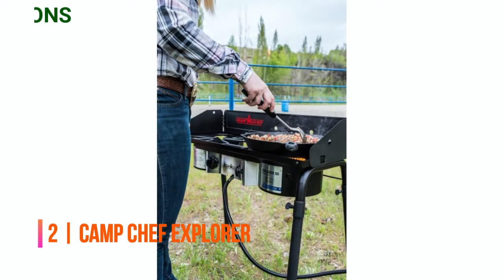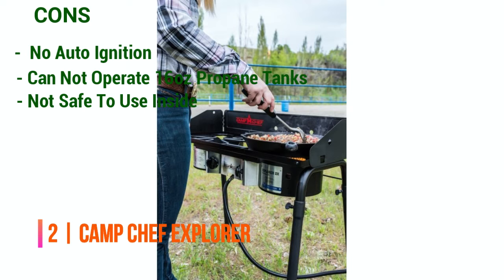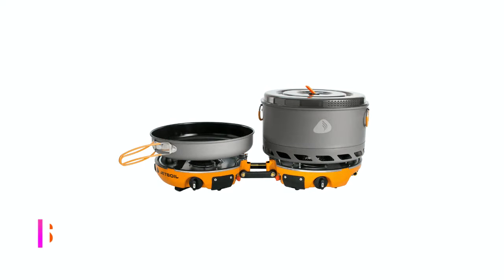The following could be improved. No auto ignition system, so you will need to bring a lighter. Cannot operate 16 ounce propane tanks. Not safe to use under any roof constructions. The Camp Chef Explorer is a great fit for anyone cooking for larger groups on a regular basis, and will last you for years. The best camping stove on our list is the Jetboil Genesis Base Camp Backpacking and Camping